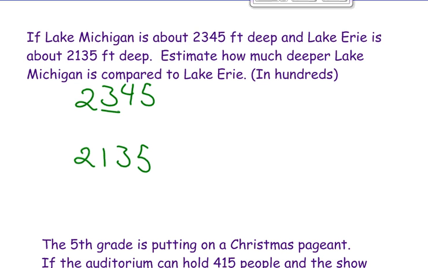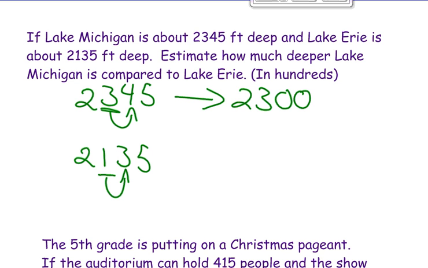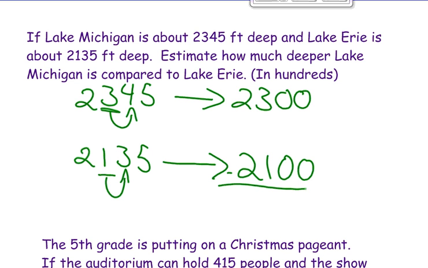Once again, we're going to the nearest hundreds, and so we're going to look back, and we're going to see a 4. We know that 4 is less than 5, so it's going to round down. And so we're going to get an estimate of this. And once again, we're going to look here, hundreds. Look back one. Once again, we're also rounding down here. And so we're going to get this. And now the problem says to find the difference. So we're going to take 2300 minus 2100. So 0, 0, 2, and then of course 2 minus 2 is 0. So it would be 200